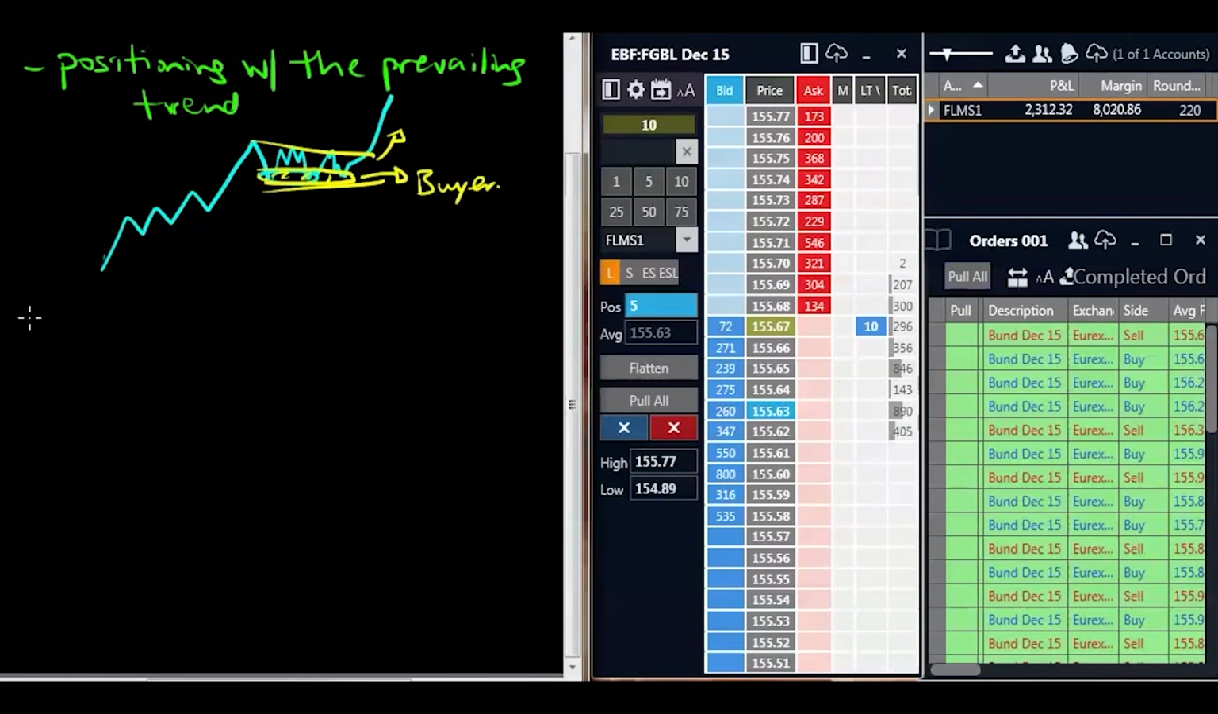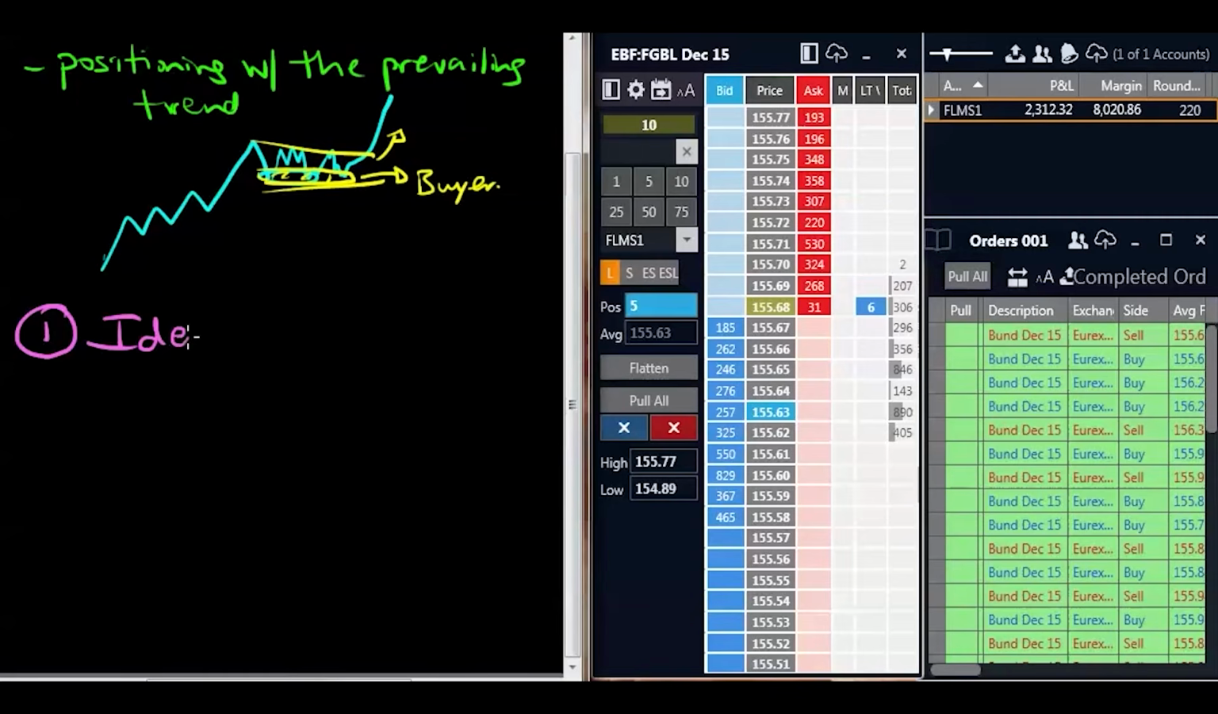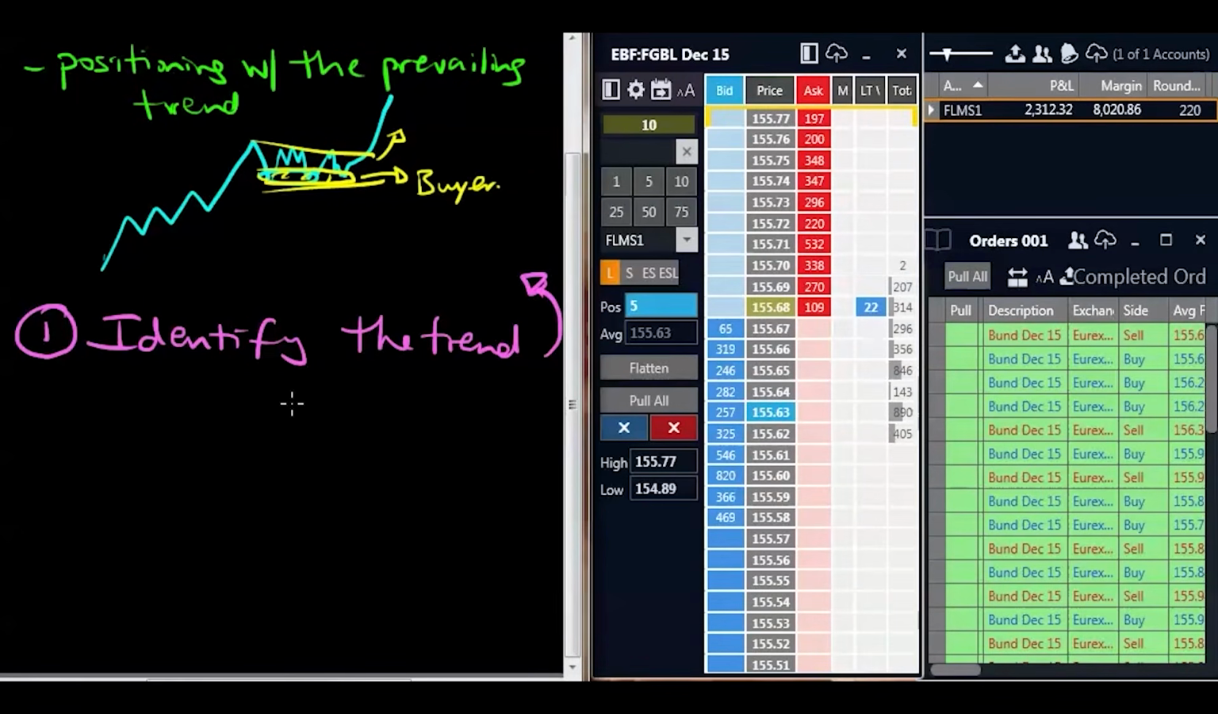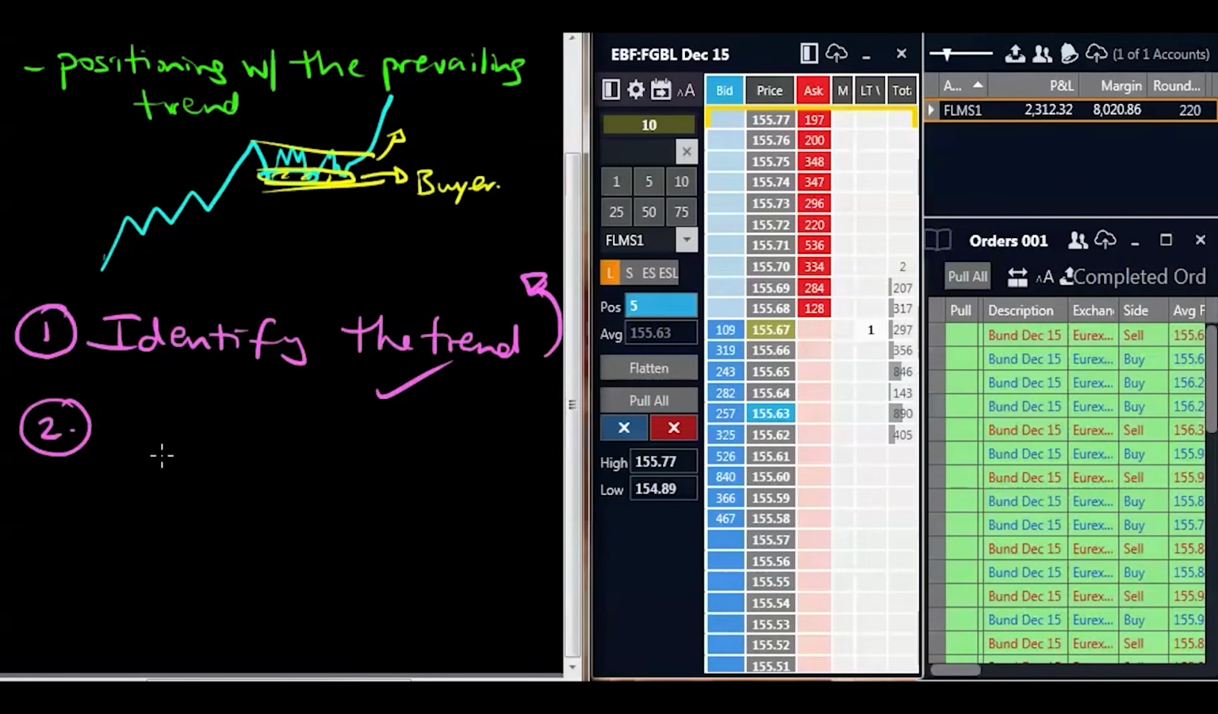So we mentioned number one, we want to identify the trend as we did above. We identify the trend. We just say, okay, we've just broken out a key area. We're making higher highs, making higher lows. Now we've got a trend. So once the trend is ticked, I say, okay, I've identified the trend. I'm looking for a potential buyer now. So number two,